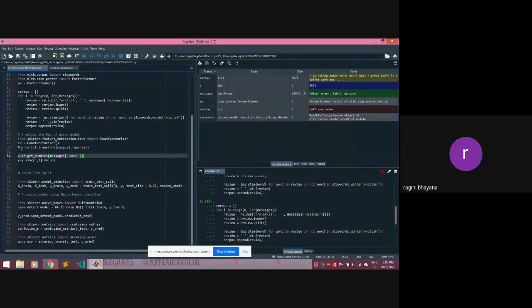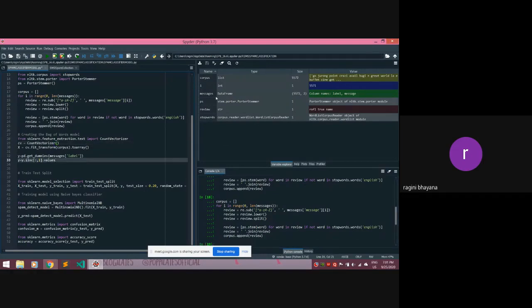We're just waiting for this to form. Once we imported our count vectorizer, we stored it into CV and then we used fit transform for the matrix to form. All that will be stored into X, which would be our training model. Okay, till X gets created, I'll explain Y to you.